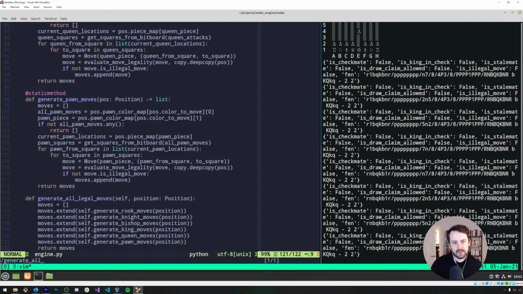This is extending this moves list and bringing it back. Generate pawn moves is